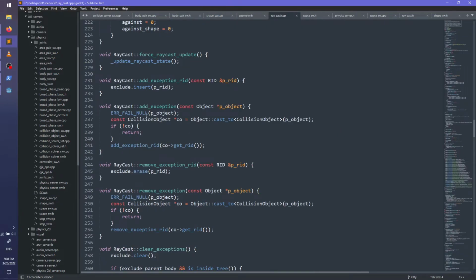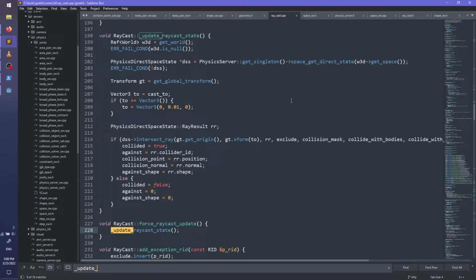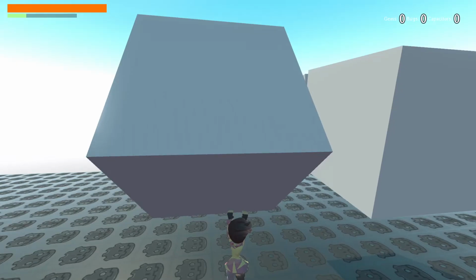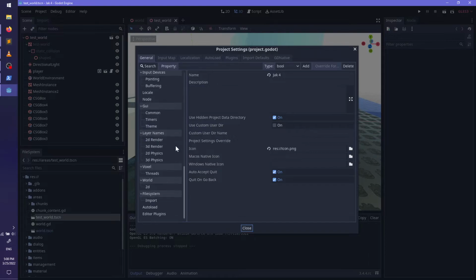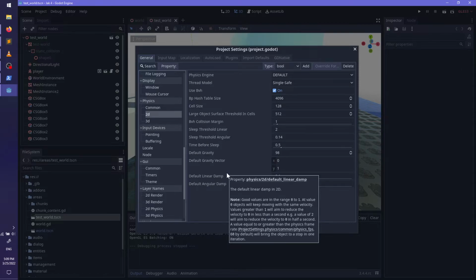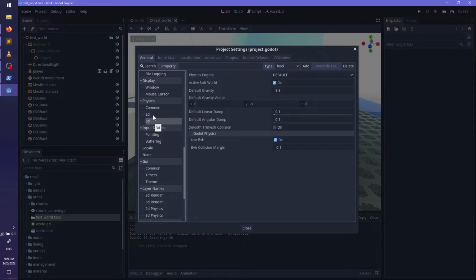Where else could raycast be? So it's in the update physics whatever. Update raycast state. Okay. Get direct space state. How many of these are there? Am I using bullet? I might be using bullet. But I think it switched to physics. I mean, I don't even need to change any of this. Why is the normal that I'm getting from it, why does it say that it's vertical if it's not vertical? If it's giving me the face normal...